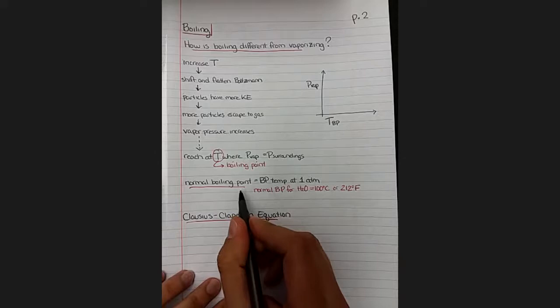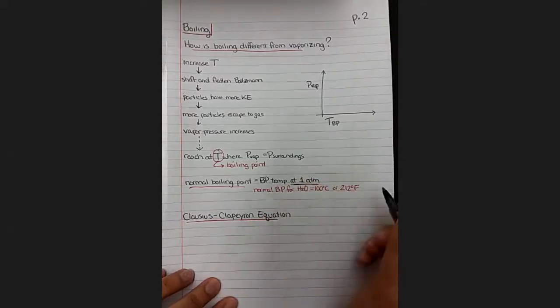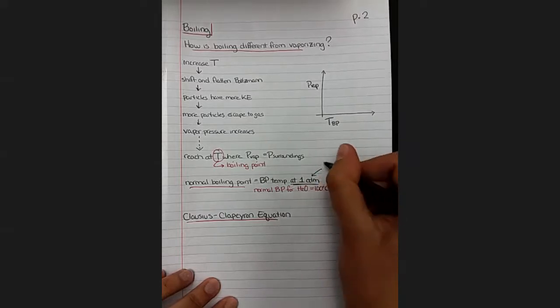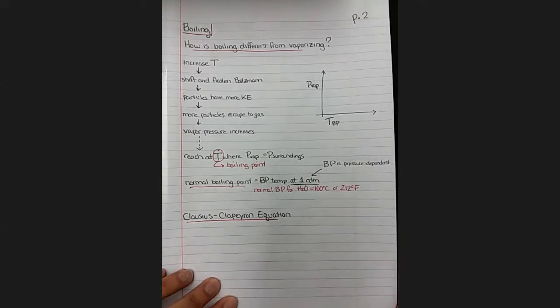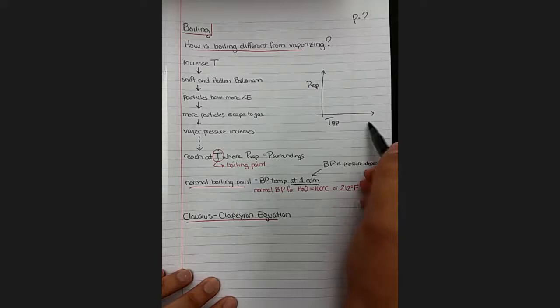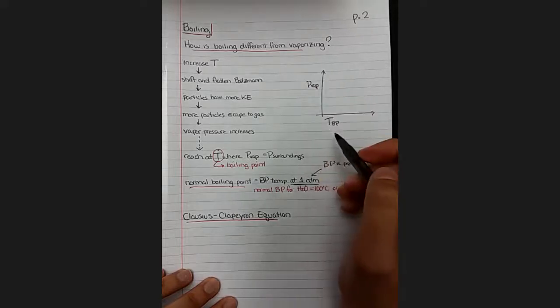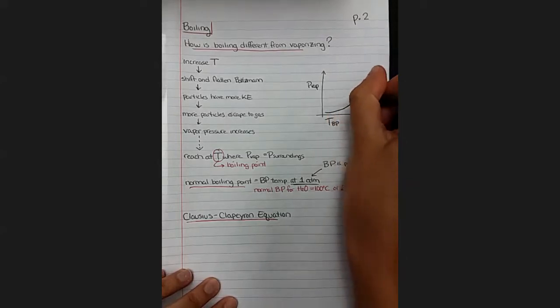But this is new information, right? The boiling point of 100 degrees is only at this particular pressure. And so that means that the boiling point is pressure dependent. So we should think about what would happen to the boiling point if we change the pressure. Let's make a plot of what it would look like. We're going to put boiling point temperature on the x-axis, and vaporization pressure on the y-axis. And if we draw the plot for water, our diagram is going to look like this.